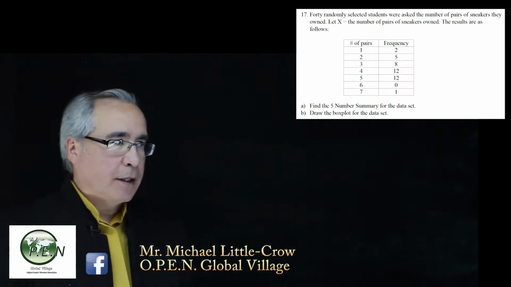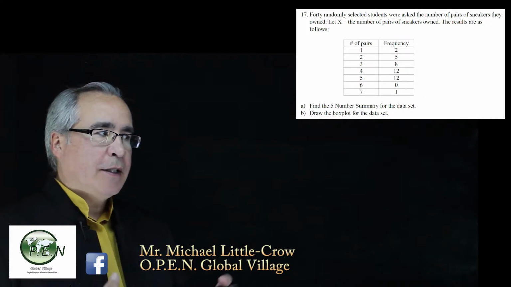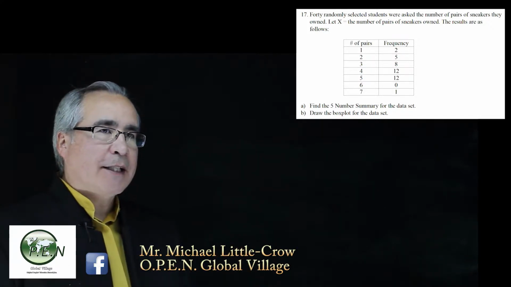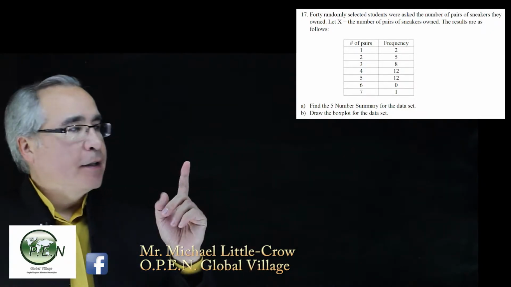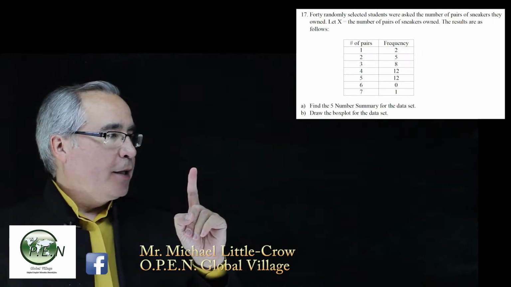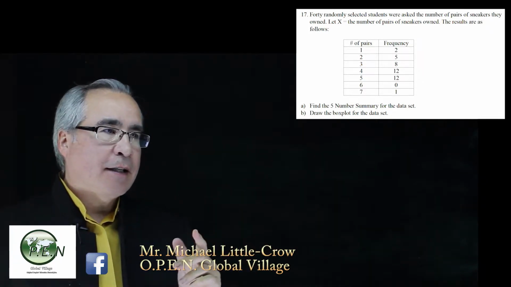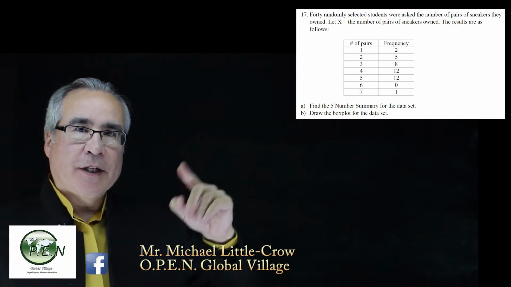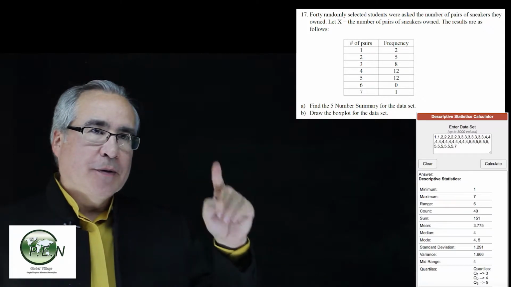So on this one, we're given a frequency table, and we need to turn that table back into data. What we have to see is the number of pairs of shoes. For the people who had one pair, there were 2. So there was a frequency of 2, which means the data is really a 1 and a 1. There were 5 people who had 2 pairs, so it would be 2, 2, 2, 2, 2,